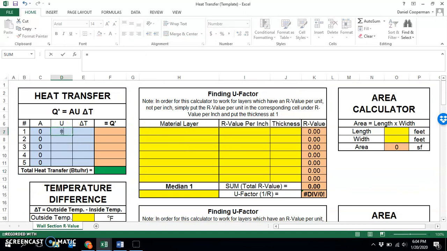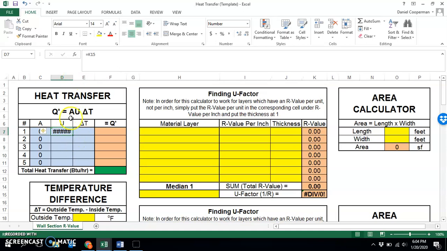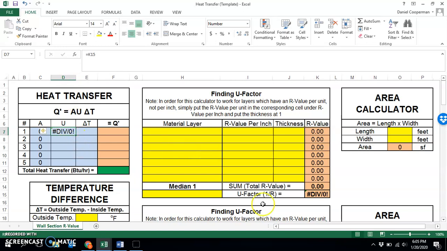The U's are going to be the same. So we calculated the U for each by doing 1 over R. So U1 is going to be the U factor for median 1. And it doesn't like it because you're referencing a, well, if you ever get this message, it just means that the column is not wide enough, but it's still going to copy over the error message. But that's fine. In a later video, we will discuss how to add logic to avoid error messages. So back to the program, U2 will be equal to the U for the second median. So that's U